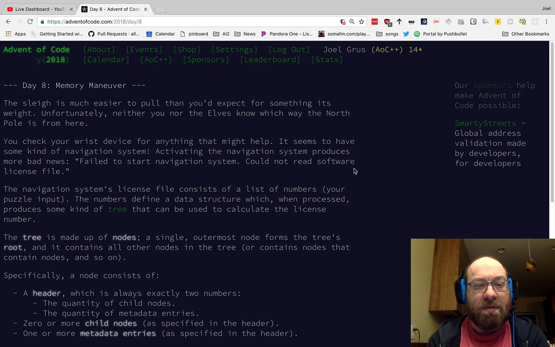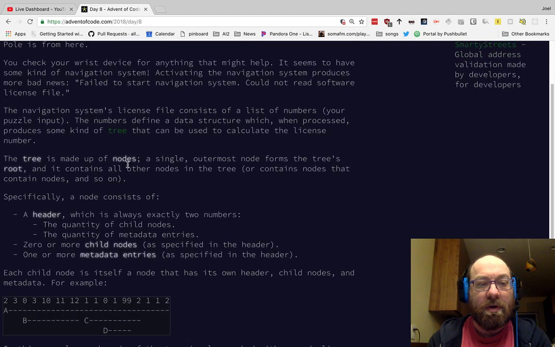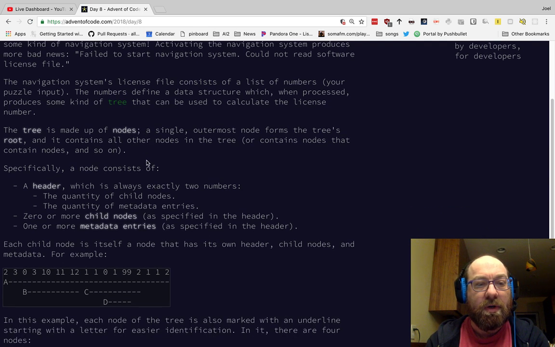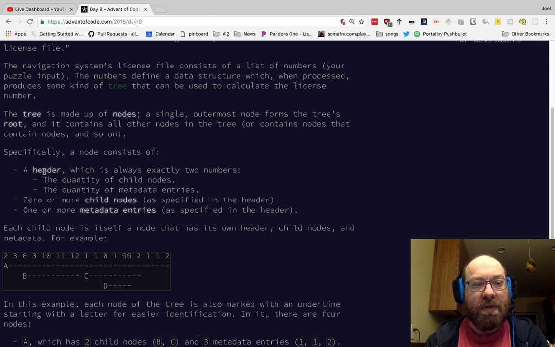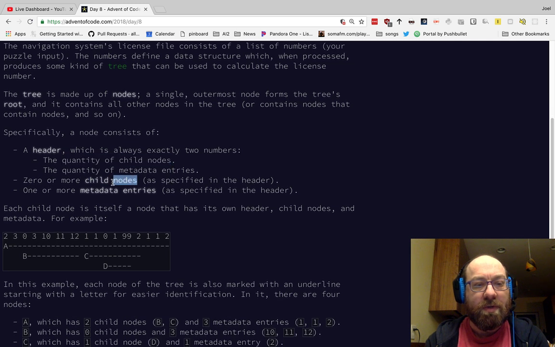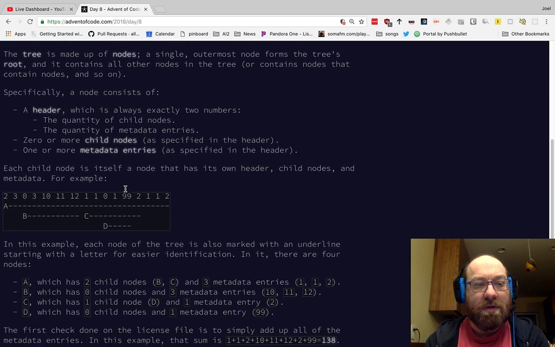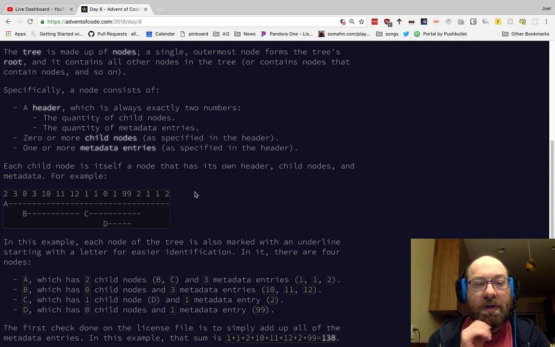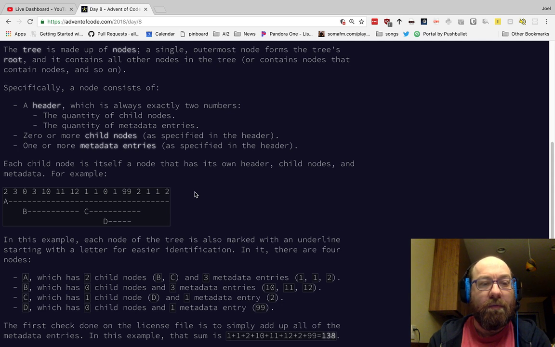Your puzzle input. The numbers define a data structure, which when processed produces some kind of tree that can be used to calculate the license number. The tree is made up of nodes. A single outermost node forms the tree's root, and it contains all other nodes in the tree, or contains nodes, and so on. Specifically, a node consists of a header, which will always be exactly 2 numbers, the quantity of child nodes, the quantity of metadata entries, 0 or more child nodes, and 1 or more metadata entries. Each child node is itself a node that has its own header, child nodes, and metadata. For example,